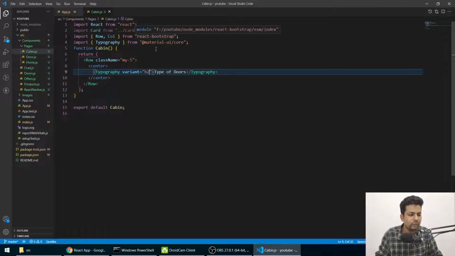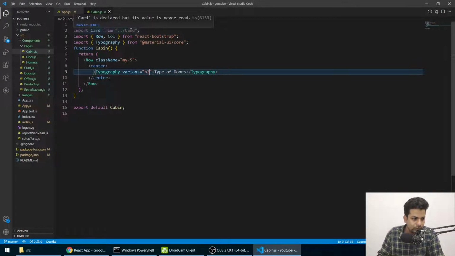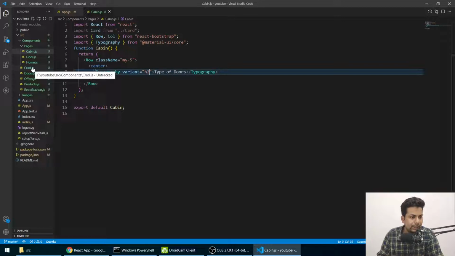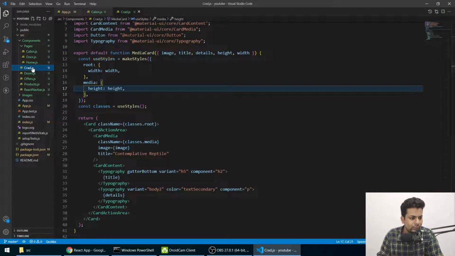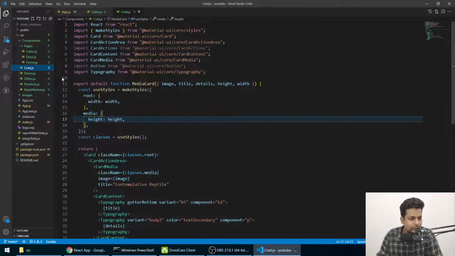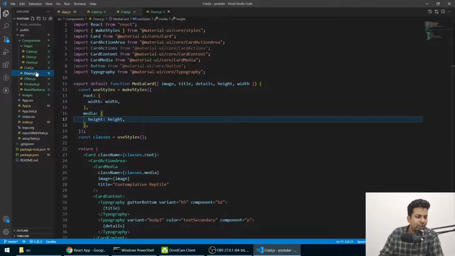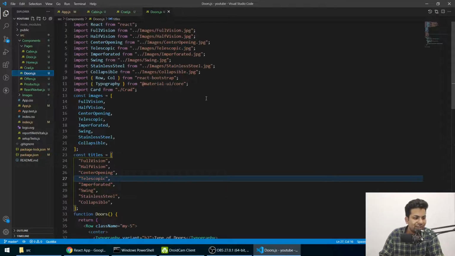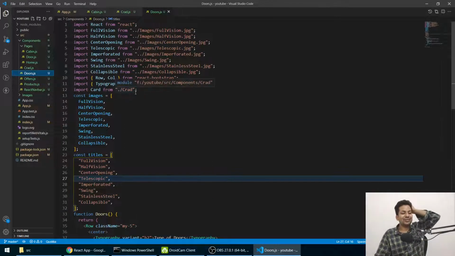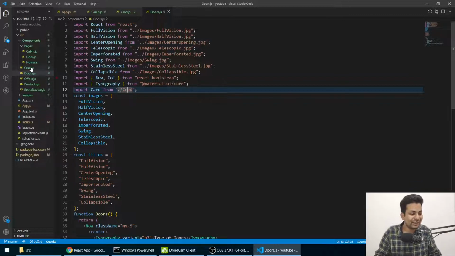It says card not found. If we go one page back, how come it became crad? And I was using crad everywhere only. Let me just check. Oh, I was using crad everywhere instead of card.